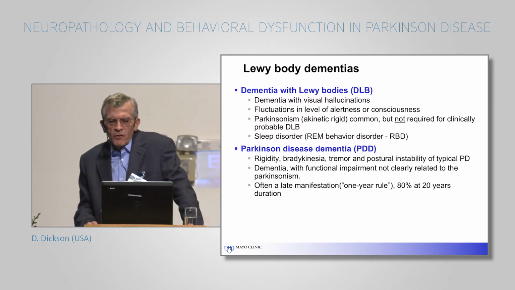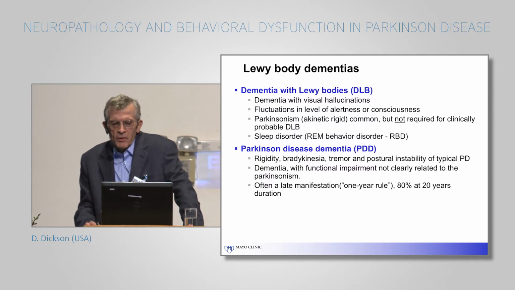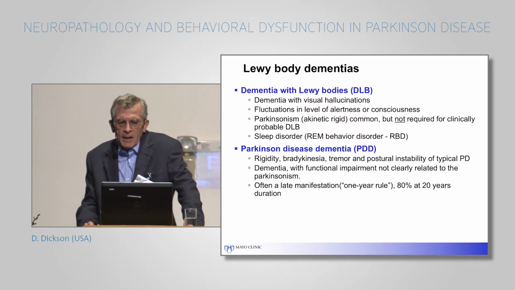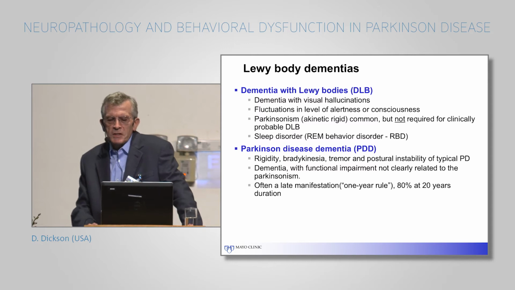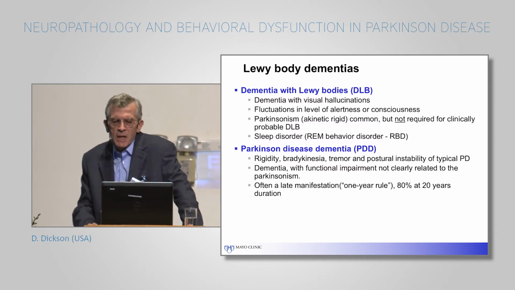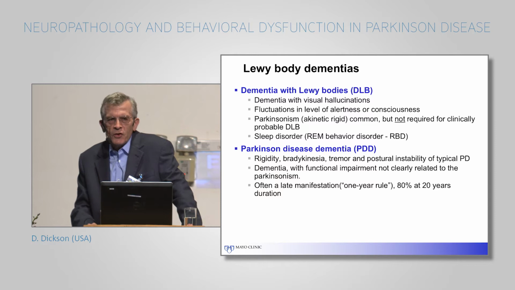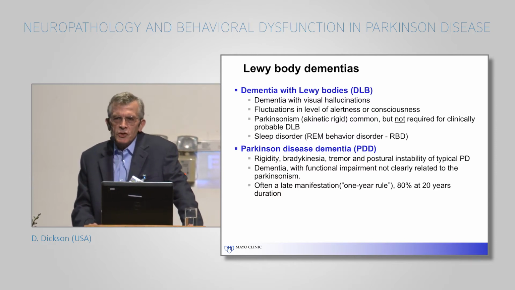So at the end stage of Parkinson's disease, if patients live long enough and they have the right risk factors, they will develop a cognitive disorder. As I mentioned, the Sydney longitudinal study estimated that up to 80% of patients eventually, if followed long enough, develop dementia. But the other disorder that's been debated in terms of its relationship to Parkinson's disease dementia is dementia with Lewy bodies. The primary clinical syndrome in dementia with Lewy bodies is dementia, and these are patients that present to